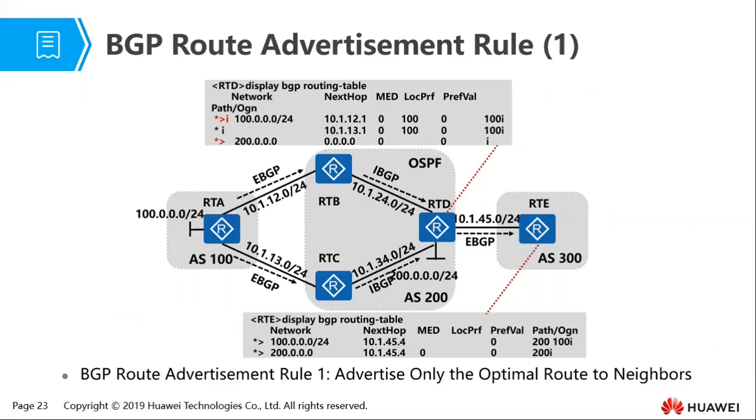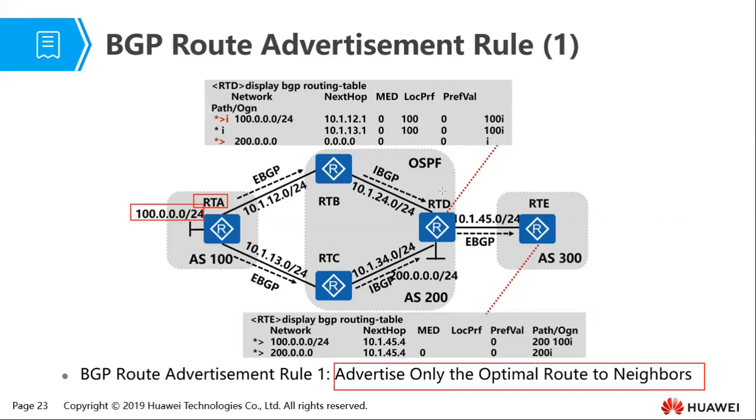The very first rule states that you only advertise the optimal route. You only advertise the optimal route to the neighbors. Now, in this example, RTA is connected to a network segment